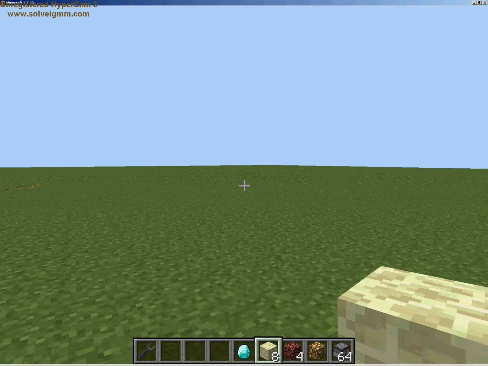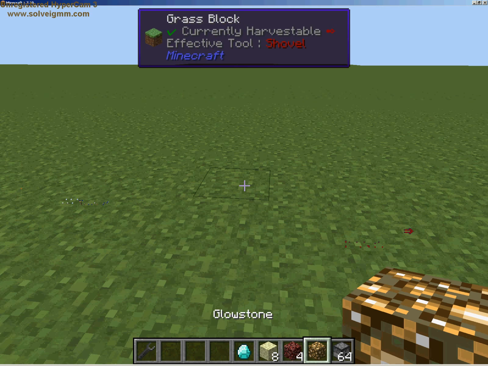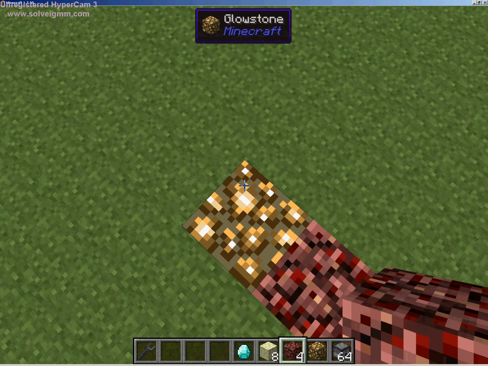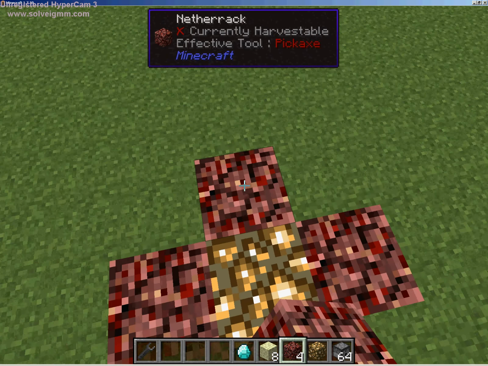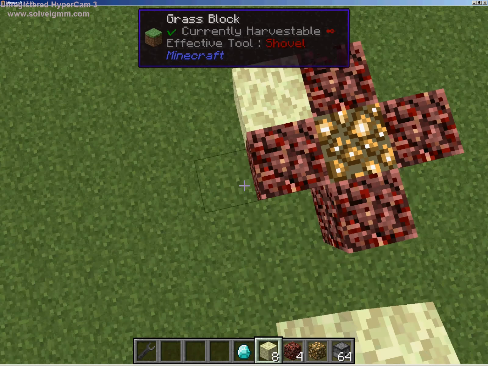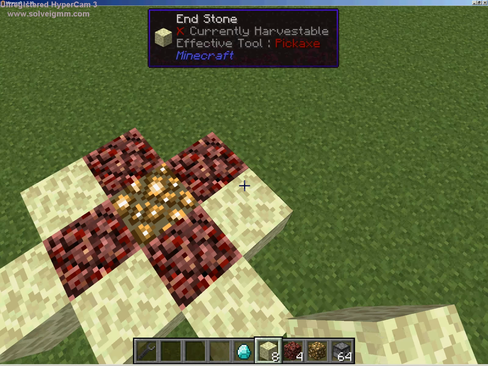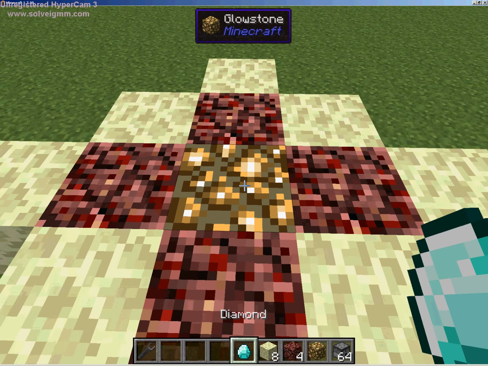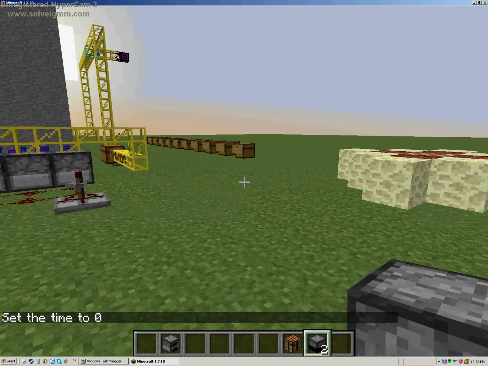So next, I'm going to do it over here. You're going to put your glowstone down, then put netherrack down like this, and then put endstone around it like this. And then all you do is you take your diamond and...